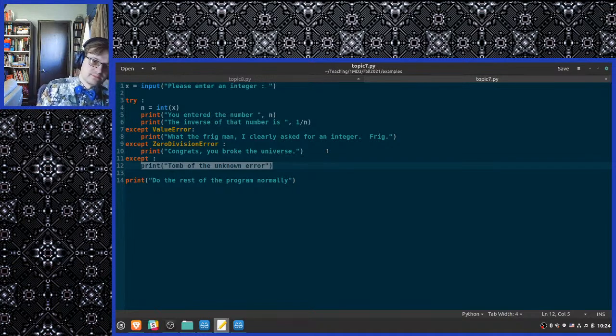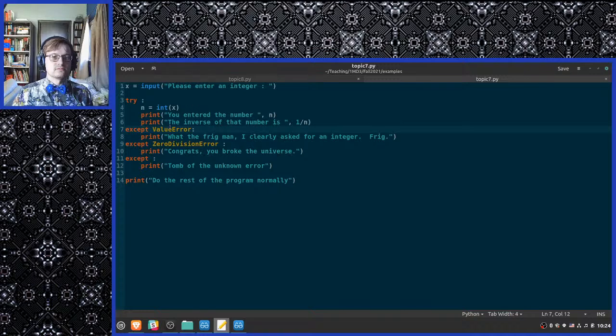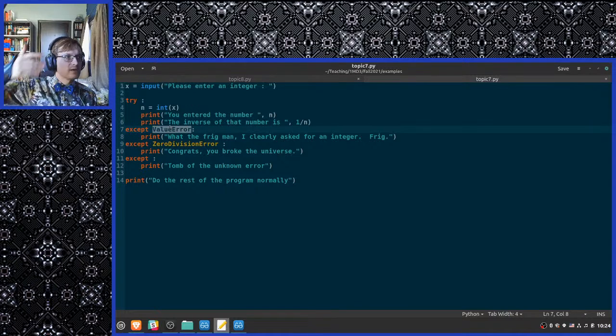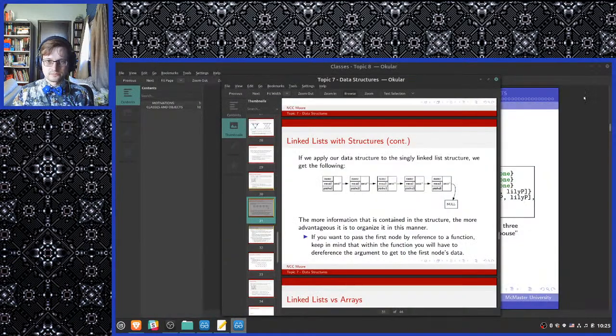Oh, what about the custom one? Basically we've created a new value error. Value error derives itself from the exception base class, in the same way that we are deriving a new error from the base class. So this is the same way that value error is created. It's just a relabeling. Don't worry if you don't get it yet. We're going to talk about it more. Hopefully you'll get it soon.